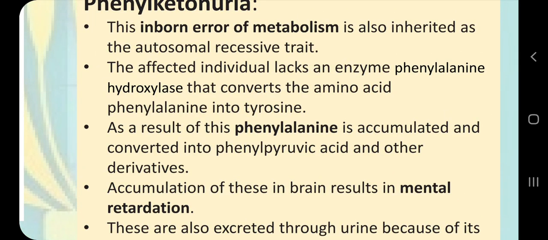The enzyme was particularly phenylalanine hydroxylase that converts an amino acid which is called phenylalanine into tyrosine. So because of abnormal phenylalanine hydroxylase, which converts phenylalanine into tyrosine in a sequence of reactions, what we will see is that